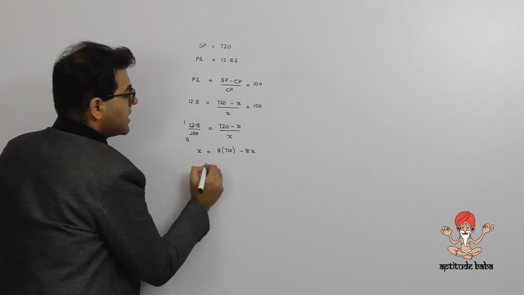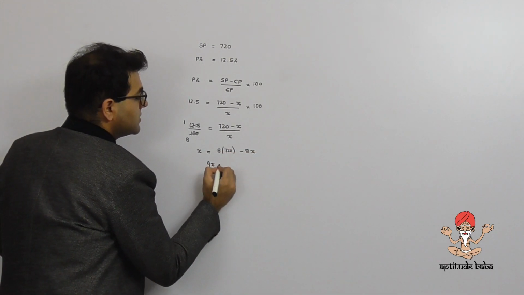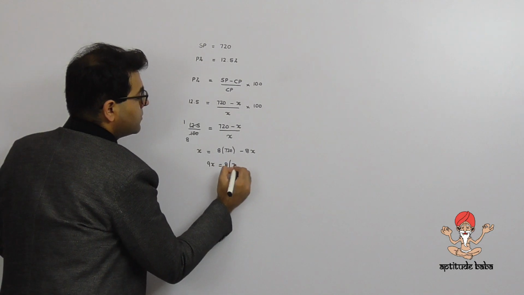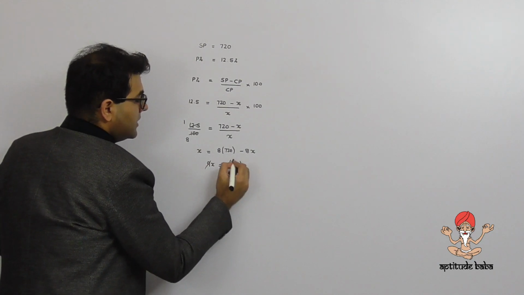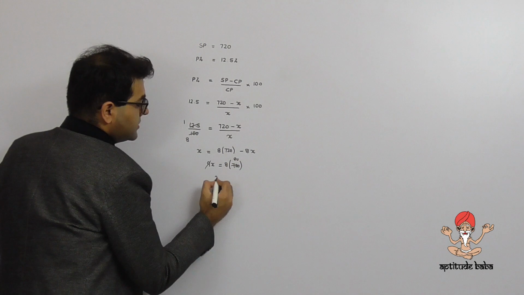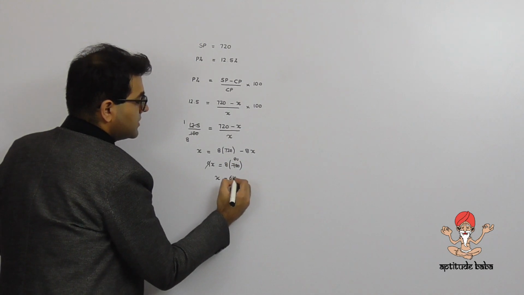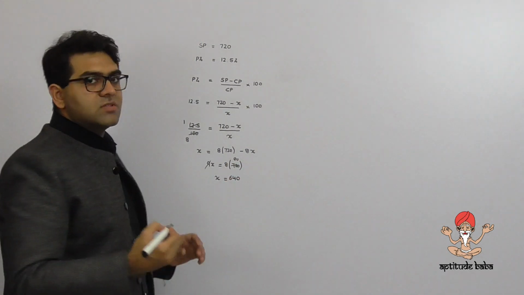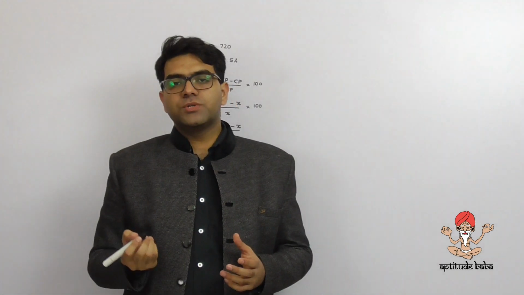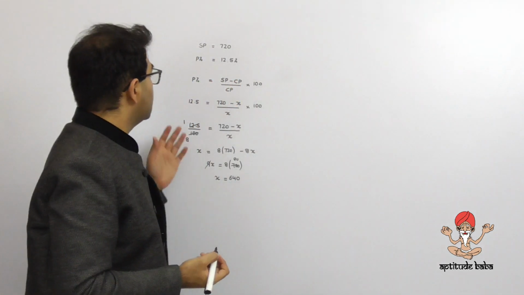ये 8x को इधर लाकर ऐड कर लेते हैं. So that gets you 9x is equals to 8 times 720. Now 9 8s are 72. So this gets you the value of x as 640. Now this is a very easy way of solving the question, but this also happens to be a pretty lengthy way of